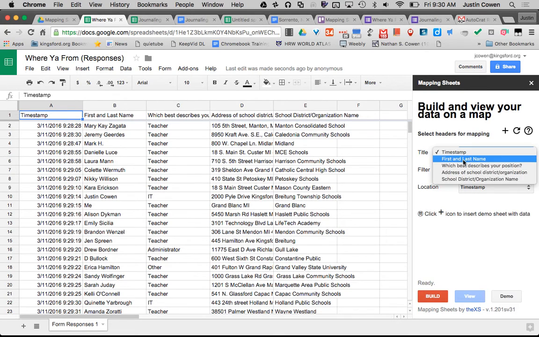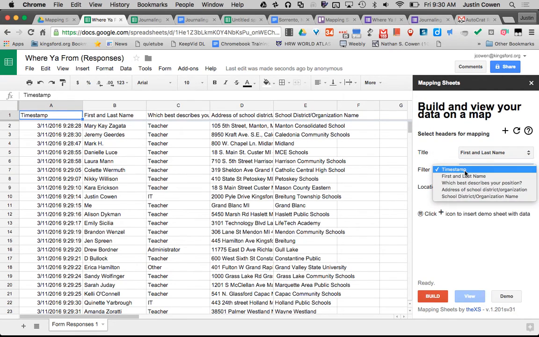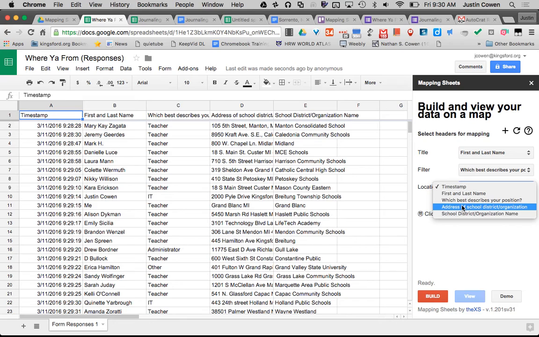So title, it's just kind of like how in Autocrat we had to match things. I'm going to say match first name and last name. What's the filter? How do you want to break people apart? So you can say boys, girls, age levels or something. So I'm going to say what describes your position and location. So when I hit build,